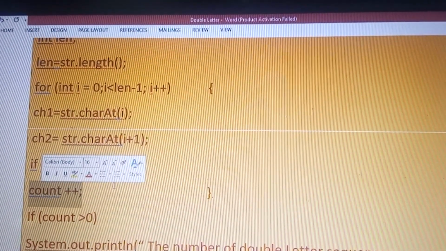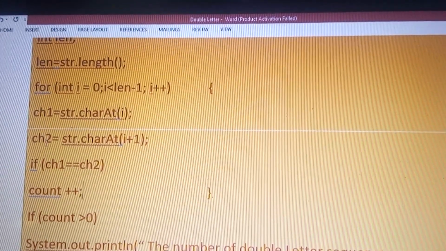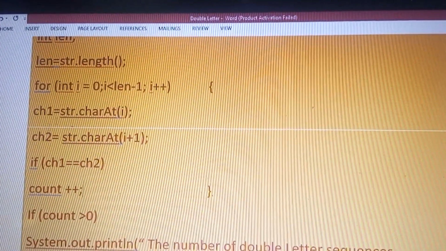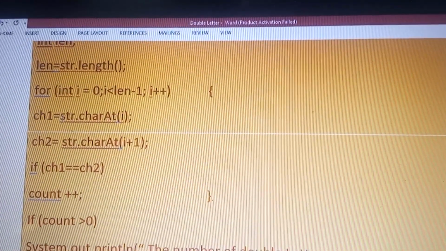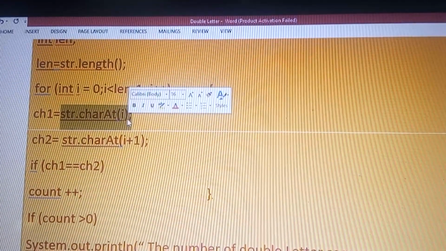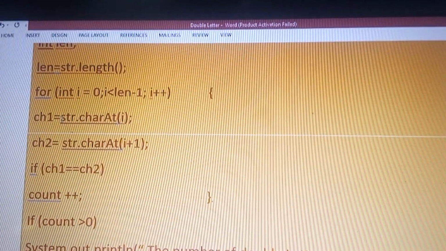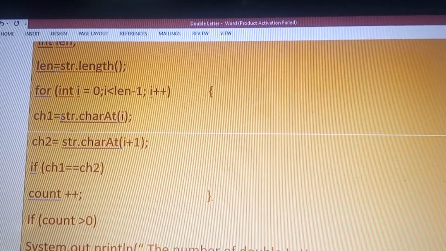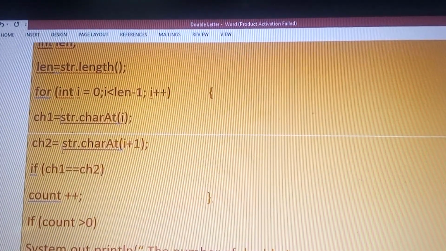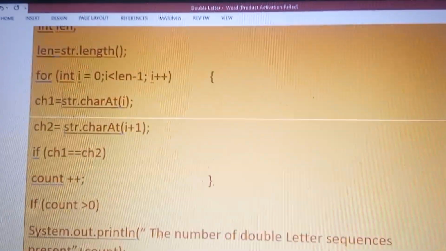I will explain once again. ch1 and ch2 are used for storing the characters in the adjacent index positions. Here in this loop, starting from the first and second character, all the characters in the adjacent positions are taken.